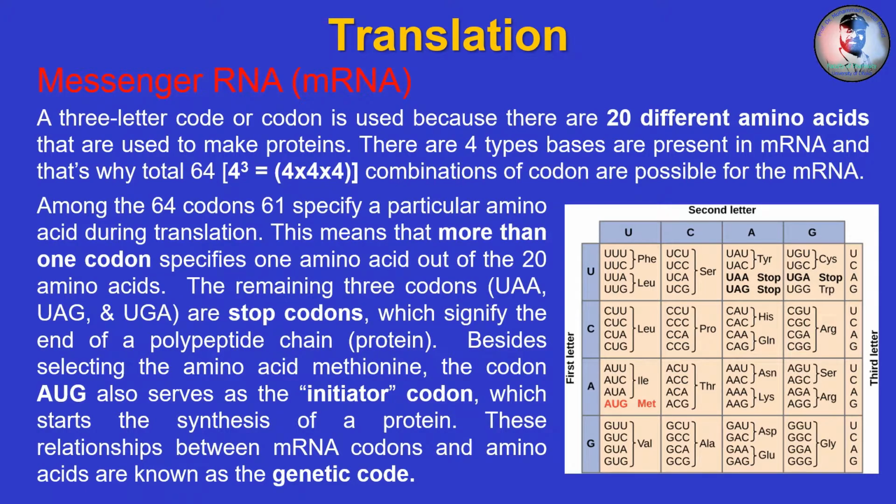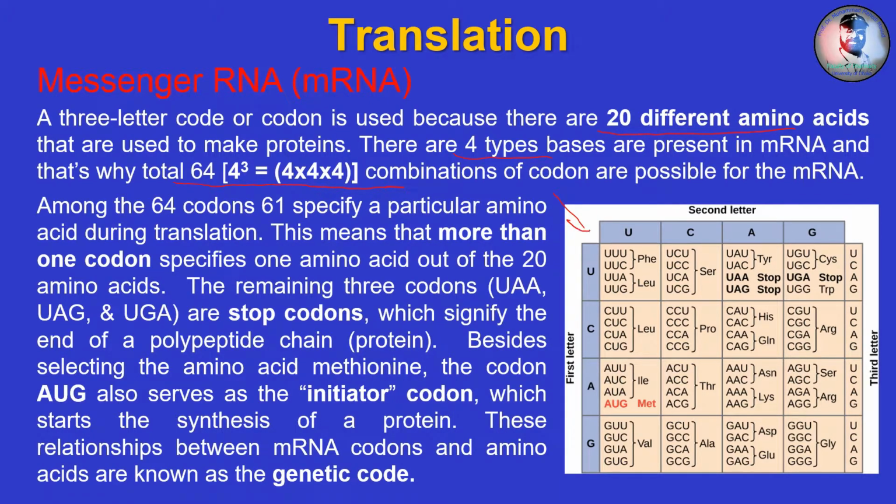A 3-letter code or codon is used because there are 20 different amino acids that are used to make proteins. There are 4 types of bases present in messenger RNA, and that's why a total of 64 codon combinations are possible